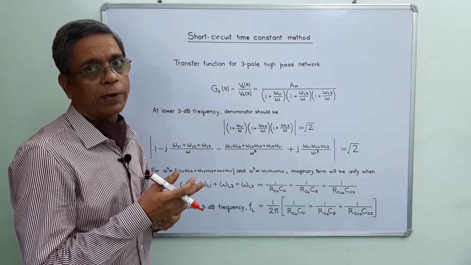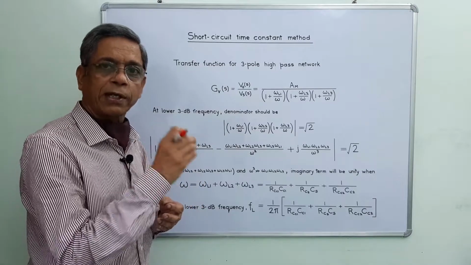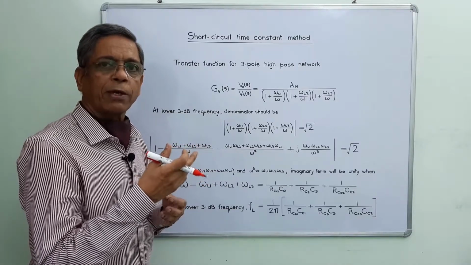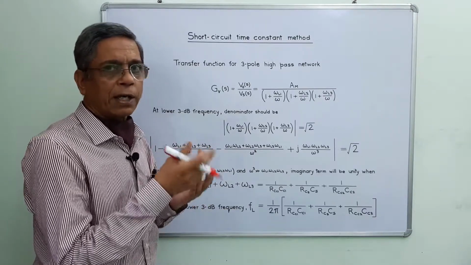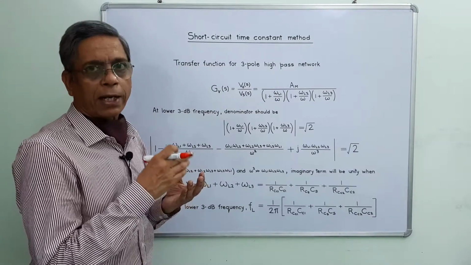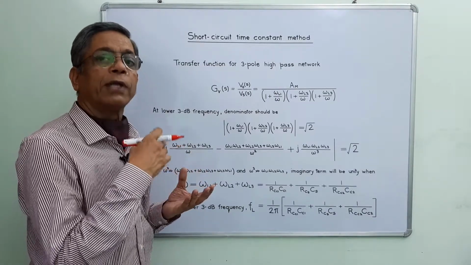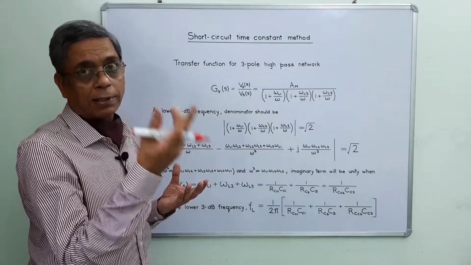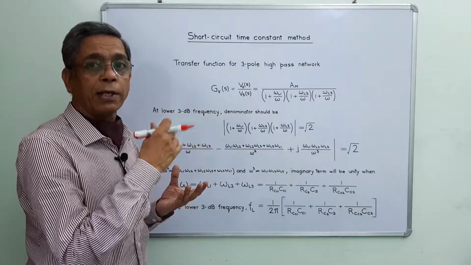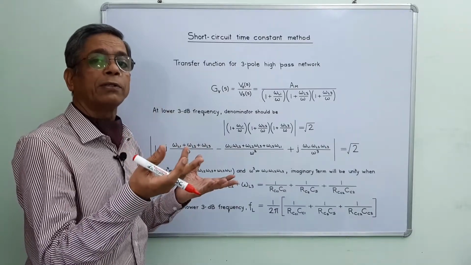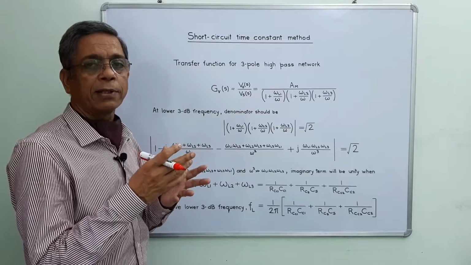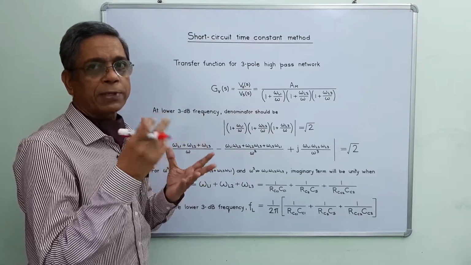Then again we have to find out the resistance seen by the selected capacitor, or determine the Thevenin equivalent resistance across the terminals of the selected capacitor. Then we will write the time constant for that selected capacitor. Similarly, in the third step, we will select the third capacitor, which has not been selected yet, considering the other two as short circuit, and again find the Thevenin equivalent resistance across the selected capacitor.